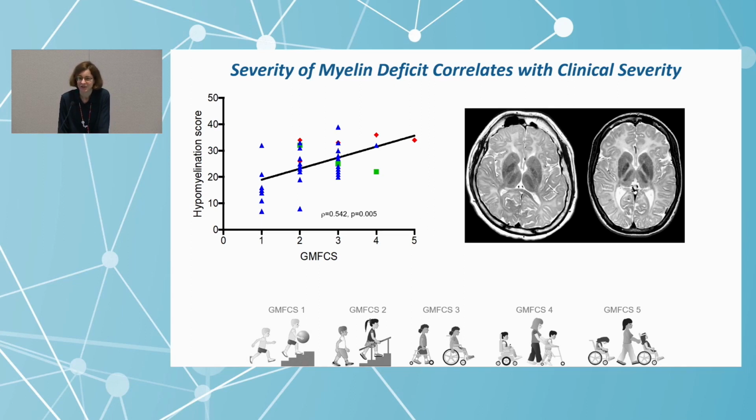It's also the case when you look at the patients with Pelizaeus-Merzbacher disease and the degree of myelin deficit, you also have a correlation between the severity of myelin deficit and severity of clinical presentation. And perhaps also important to remember that there are patients with quite severe hypomyelination and actually almost normal motor function. This is something which